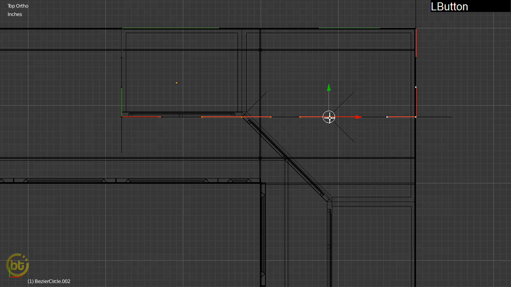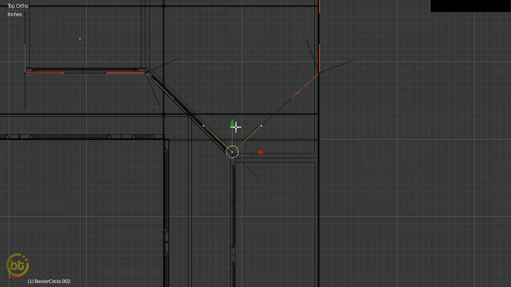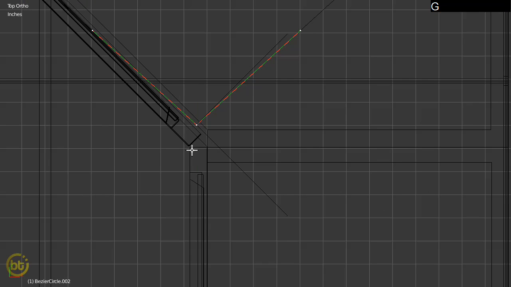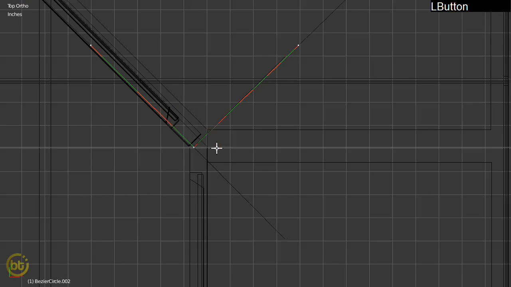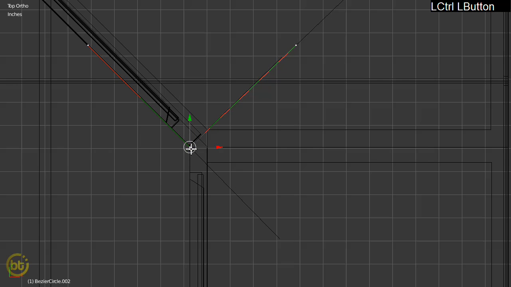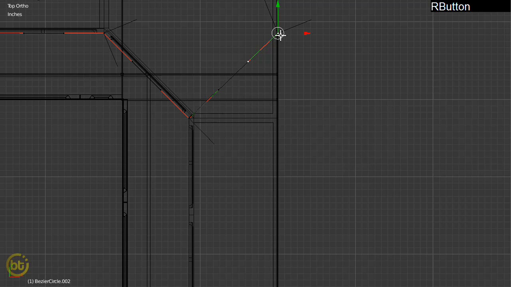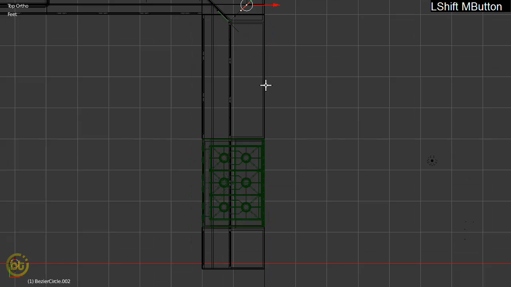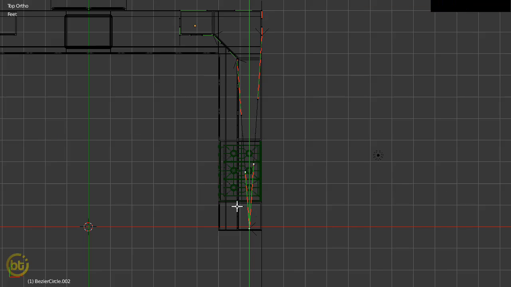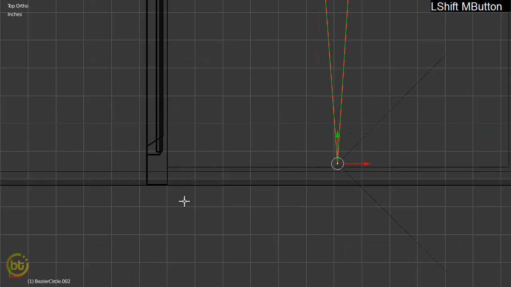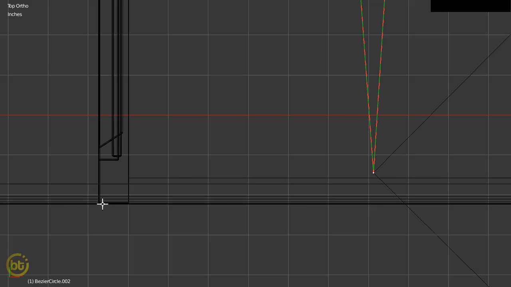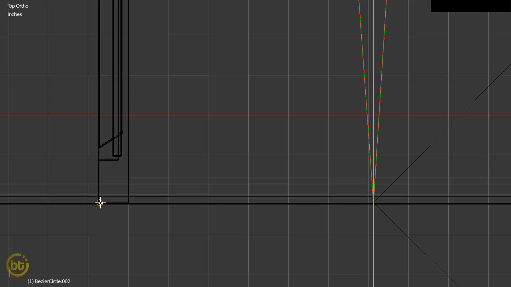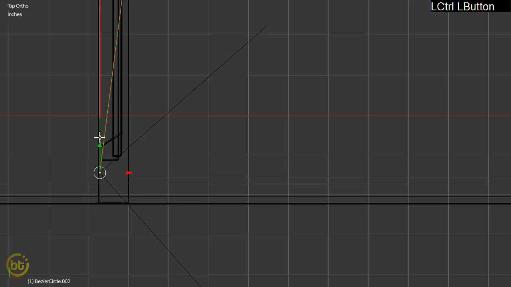These 2 points, W, subdivide this point, move this one to there. Now G and Y, snap this one to there, and G, X, this one. Okay. These 2 points, subdivide this one more time, select this one, and bring this one to there, and G, Y, snap this one to there, G, X, snap this one to there, this one to here, that,